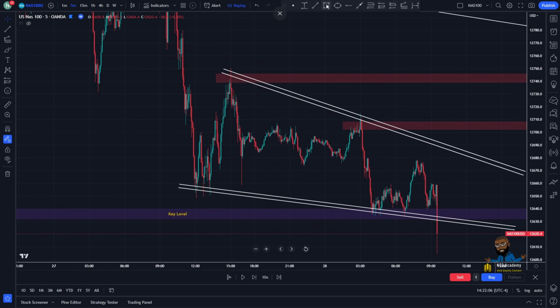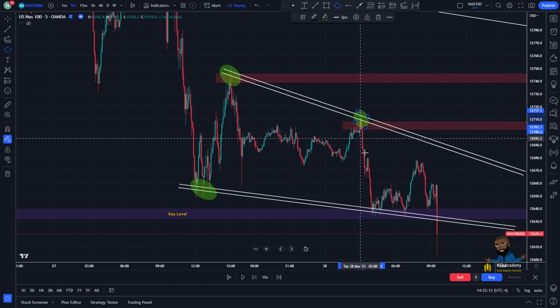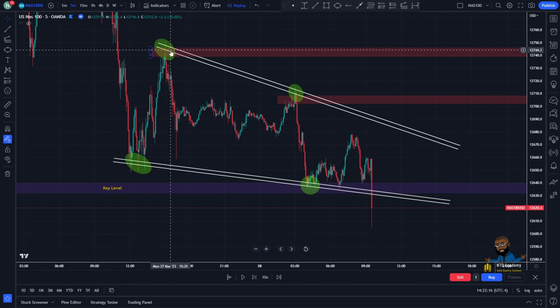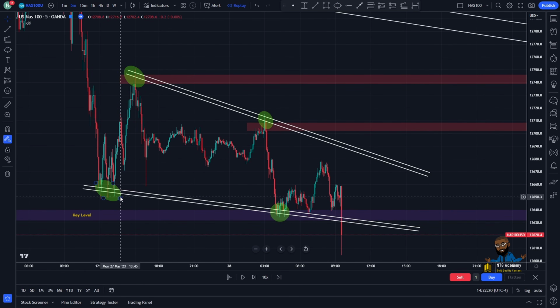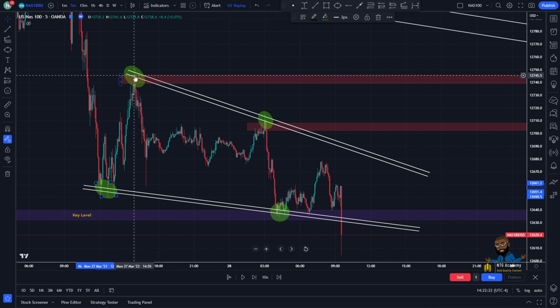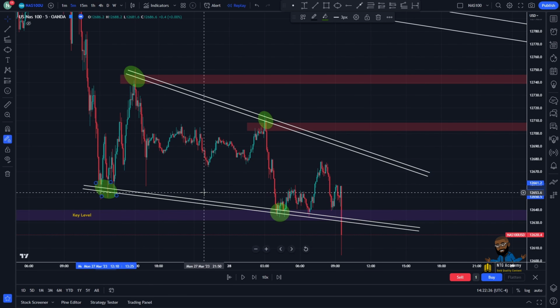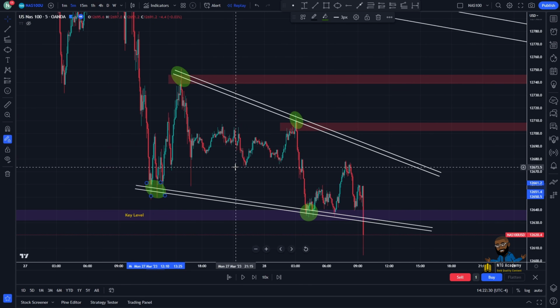So you want to pay attention to those rejections of the swings and the bounces, right? In between the pattern. This is what makes a pattern, okay? Creating those swings of those lower lows and lower highs or the higher highs and higher lows. So this is exactly what I look for, and I like to confirm a certain amount of turning points. Here we have 4. So this is beautiful. This is perfect. This is enough confirmation for me to actually get into the trade.